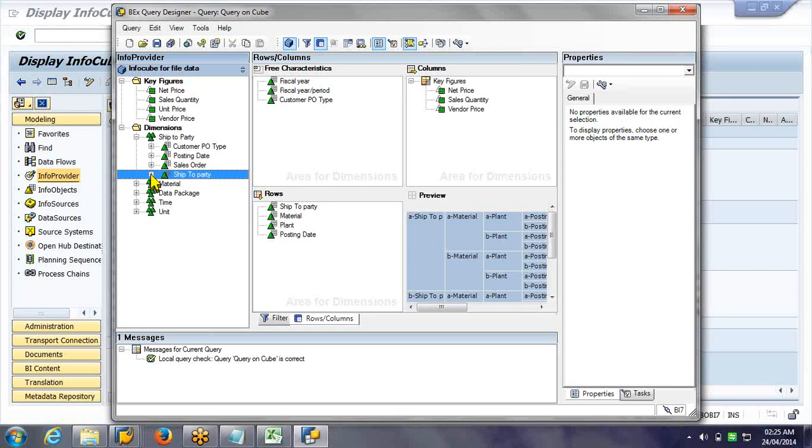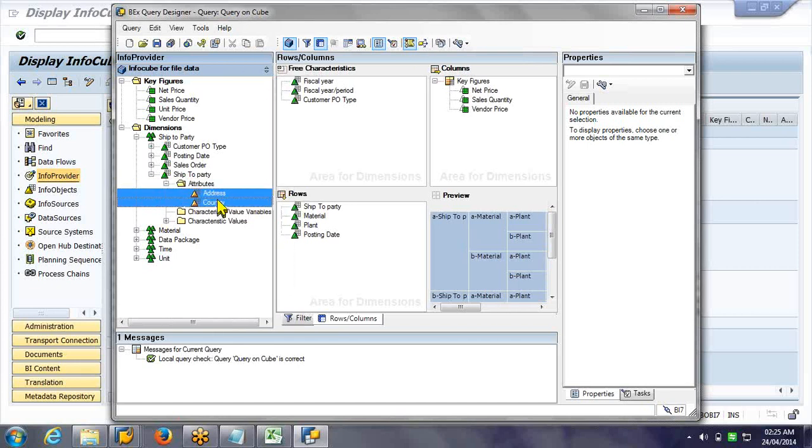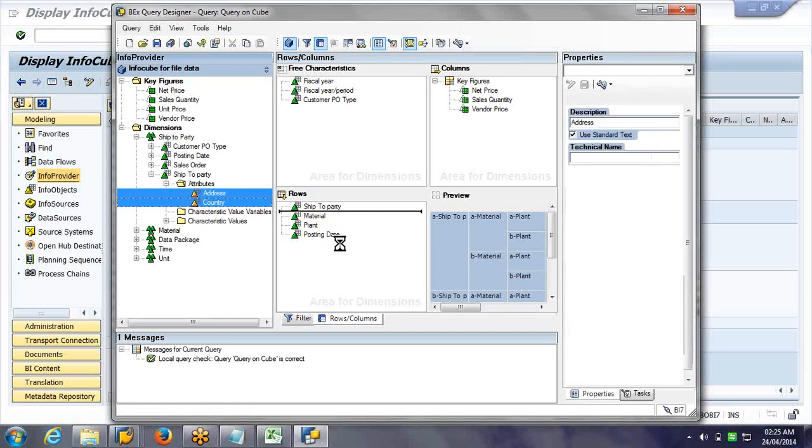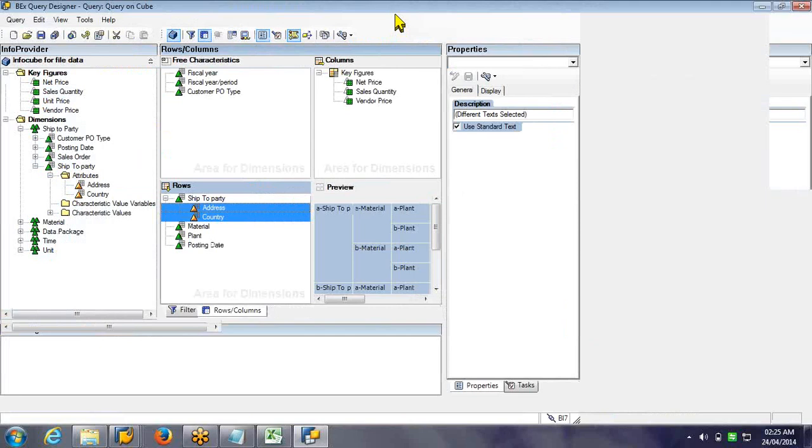Whatever existing master data is there can be used even in the transaction data reports. So if I expand ship to party, I am finding attributes like address and country that I can include over here. Clear?